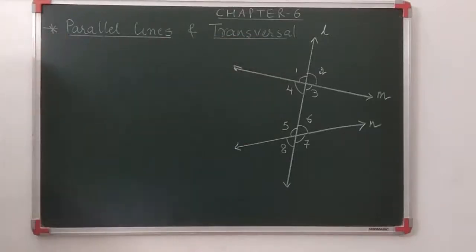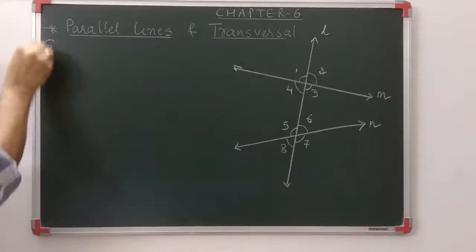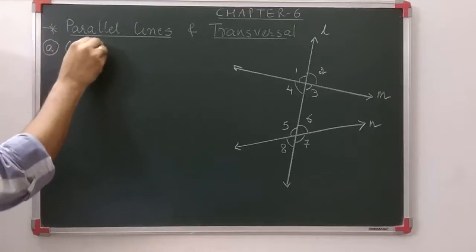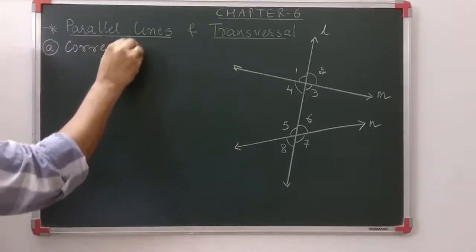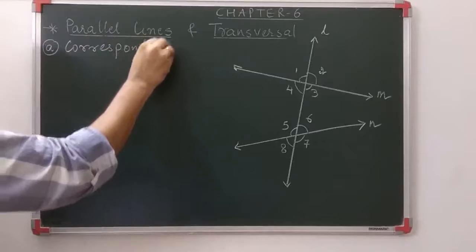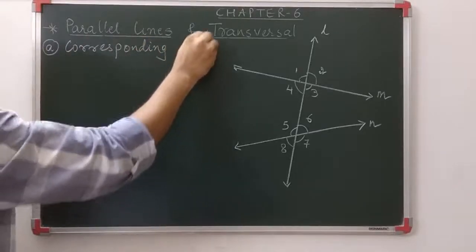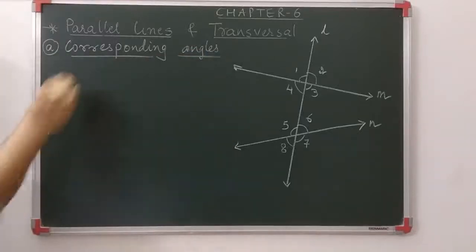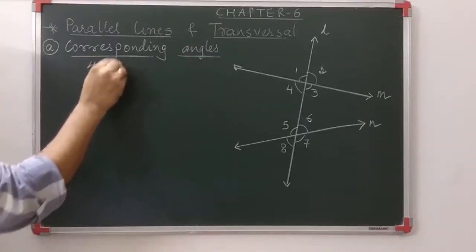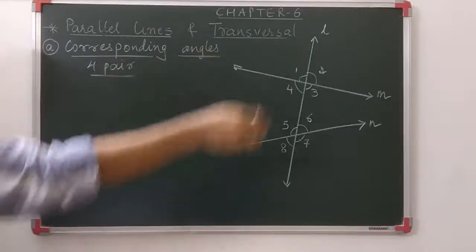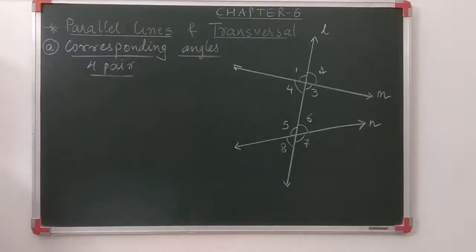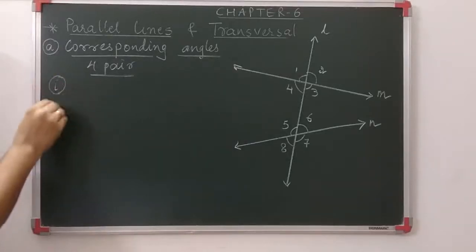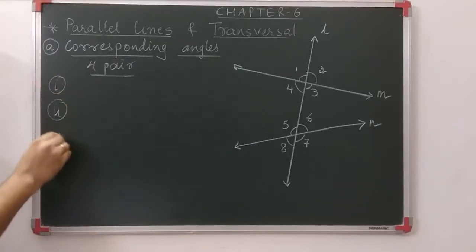There are 4 types of angles we have to discuss here. Let's see the first one, that is the pair of corresponding angles. So let's see, students, which are the pairs of corresponding angles here. There are 4 pairs of corresponding angles. There are 4 pairs, that means all the 8 angles would be there. Pair means there are 2 angles in each pair. So let us see which are those 4 pairs. Let's get it very clearly.